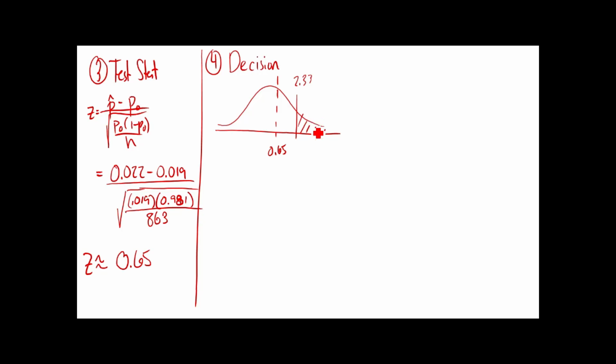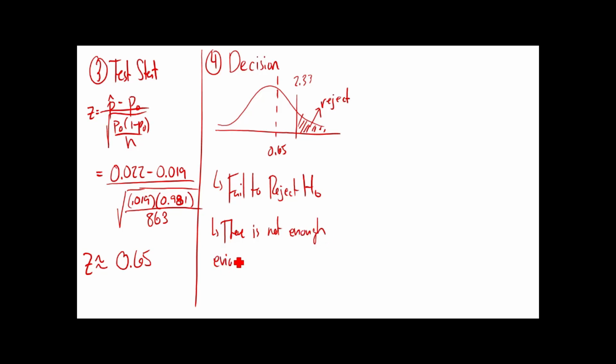I think if it was up here, we reject. But where's our test statistic? Down here. So what should we do? Don't reject, yeah. So, we're going to fail to reject the null hypothesis, which means essentially there is not enough